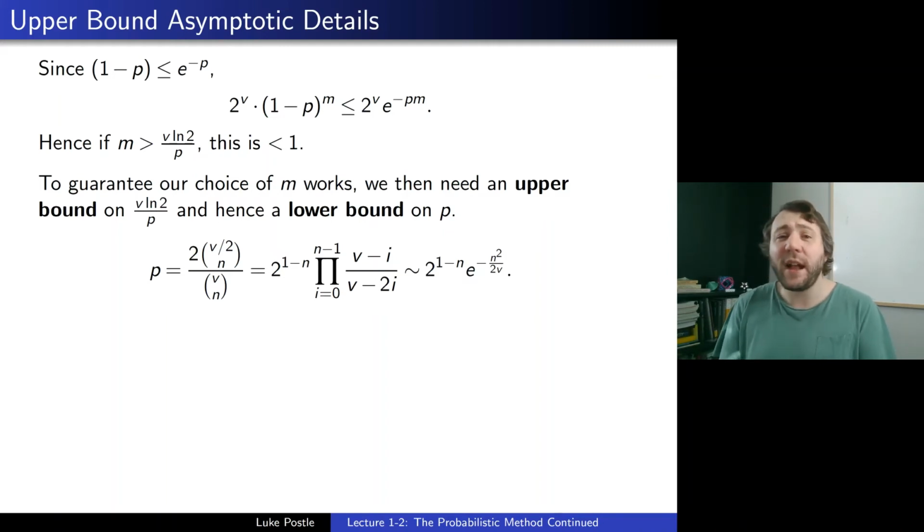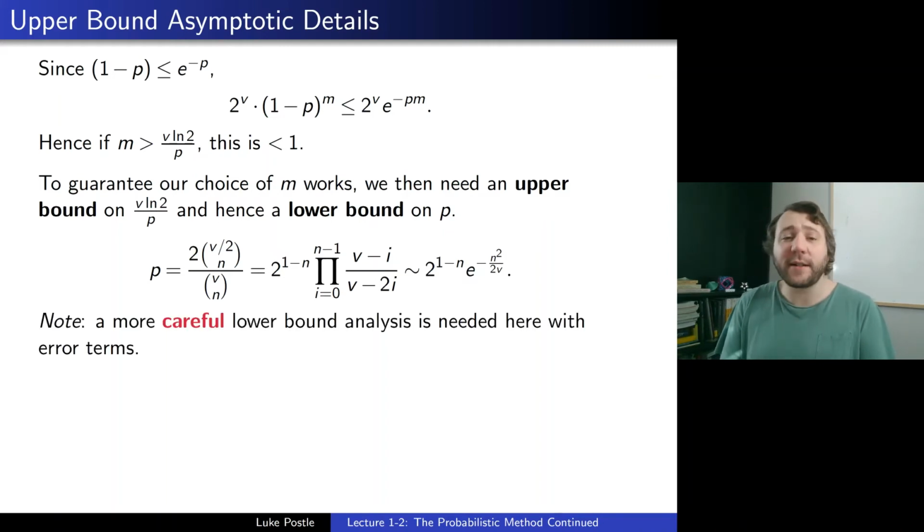But again, this is only an approximation. A pretty good one, but an approximation. So I'll note what you really need to do here is a more careful lower bound analysis with error terms. So this is somewhat annoying, right? That we'd actually have to argue what we're actually getting, 1 minus i over something, v minus 2i. So then we need to expand that out more in a Taylor series and get a good bound with the